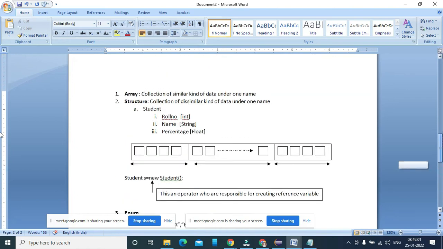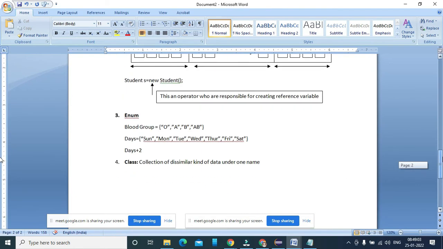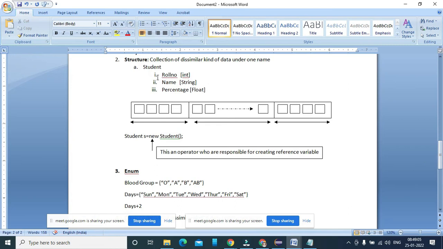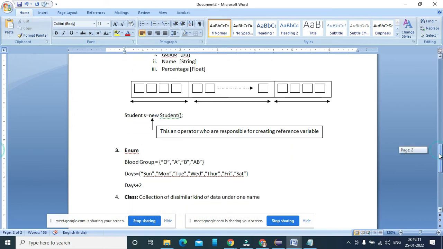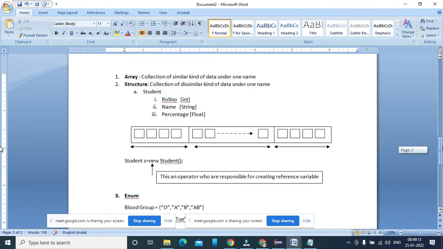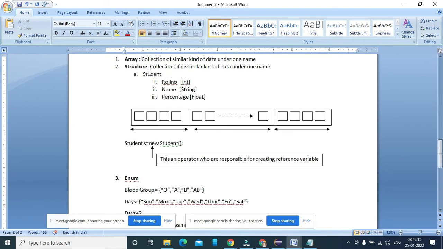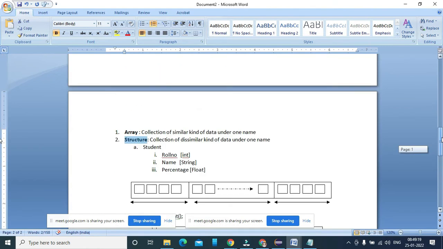But the behavior of class and structures are the same. So whatever I explained right now through a structure, I can explain the same example in a class. So I'm not going to do that; instead of the keyword struct, I'm going to replace this with class. So this is another